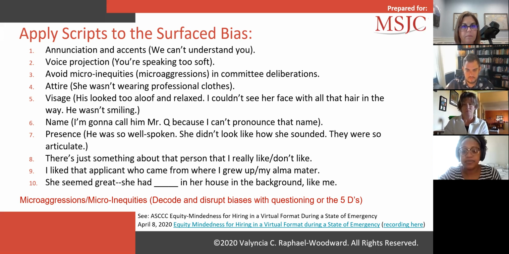And you can make your response according to your own style. So if questioning works with you, that is really helpful. Another tactic that I use is just say, and then I kind of pause, and then I kind of act naive and repeat what they said with an upward inflection. So for example, for number 2, if someone says, oh, the person spoke too softly,